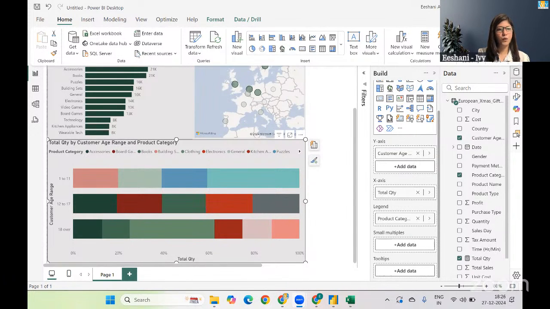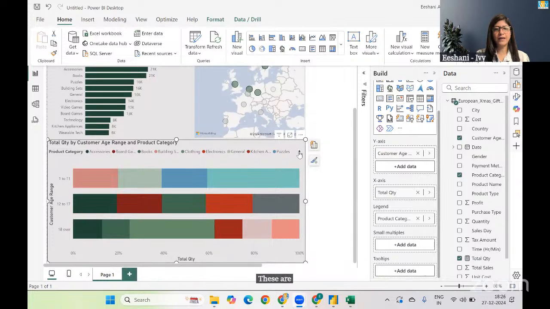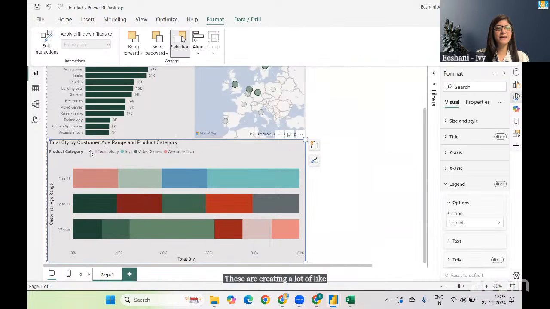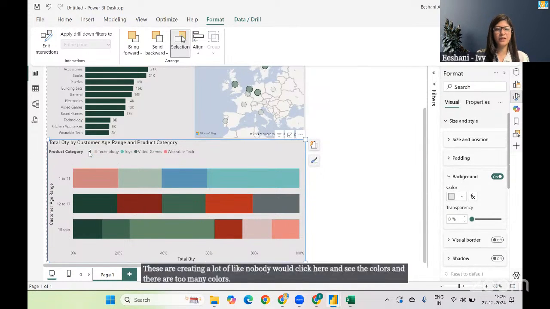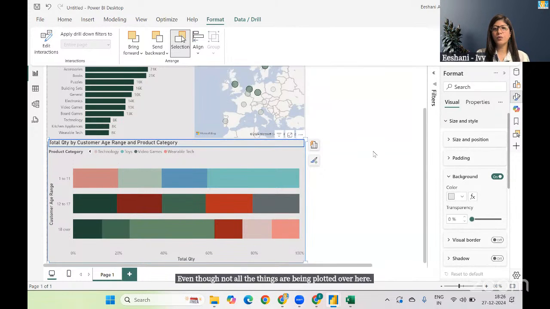Done. Okay. Next step is clean up, make it look a little better to be able to work with, right? These are creating a lot of, like, nobody would click here and see the colors, and there are too many colors, even though not all the things are being plotted over here. So we are going to go to format, and we will be